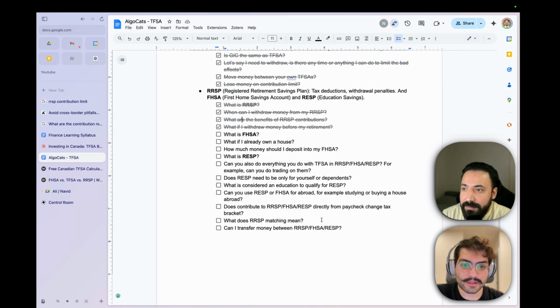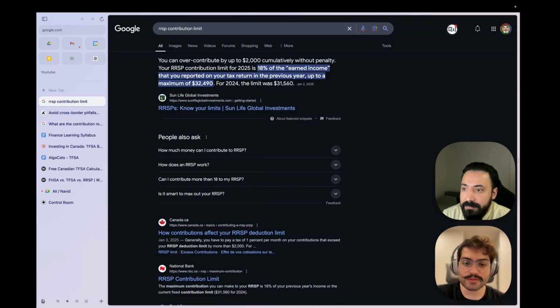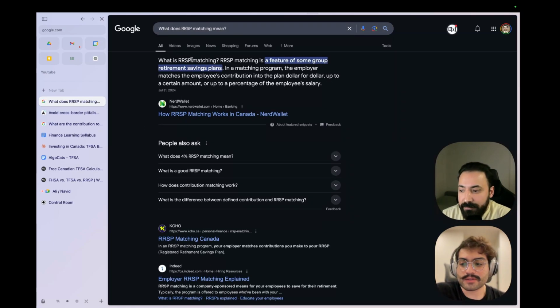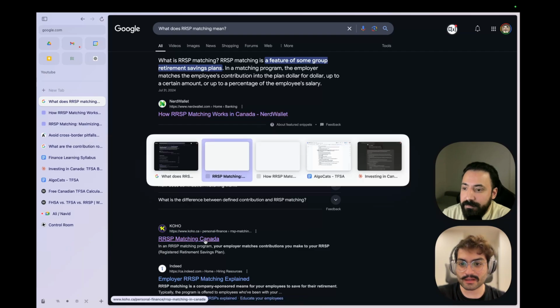We do have one question here about RRSP, which shouldn't be down there. It should be here. So there is RRSP matching. RRSP matching is a feature of some group retirement savings programs. In a matching program, the employer matches your contribution into the plan dollar for dollar up to a certain amount. So what it means is, I think, that